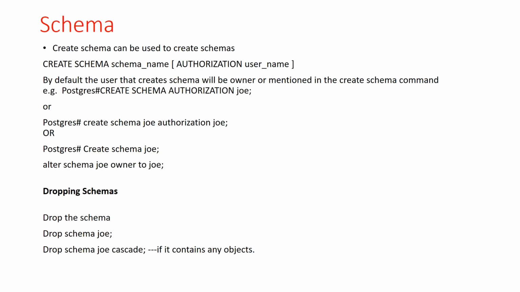Now this user Postgres, I say authorization Joe. So Joe is the owner, the user, and the schema as well. The standard practice is that the username and schema name should be the same. Whenever you create a schema, make a user with the same name. This is not a compulsion by Postgres; it is just a standard practice followed in databases. When managing the database, it becomes easier to have the same name for user and owner. Don't make Postgres the owner of all schemas. Let's have a different owner for each schema.